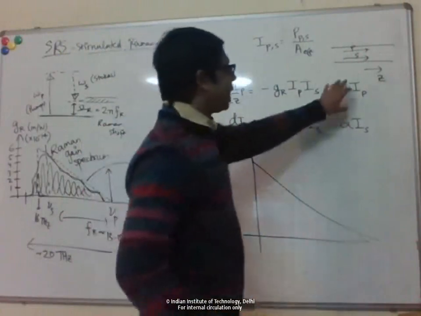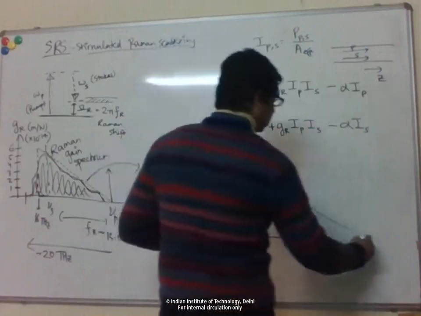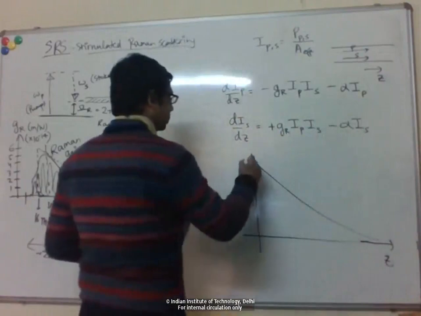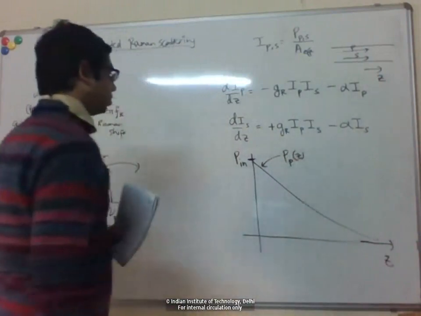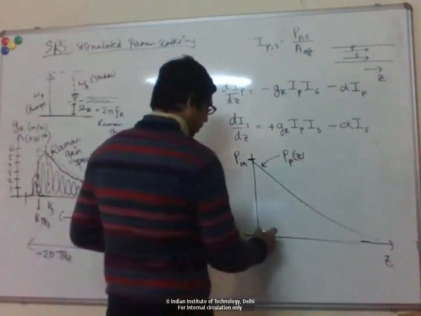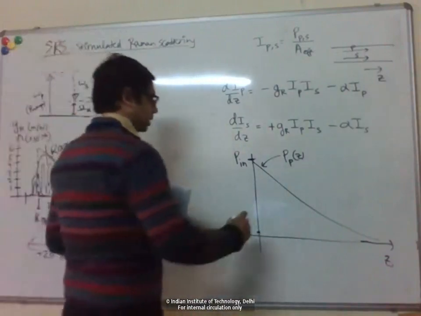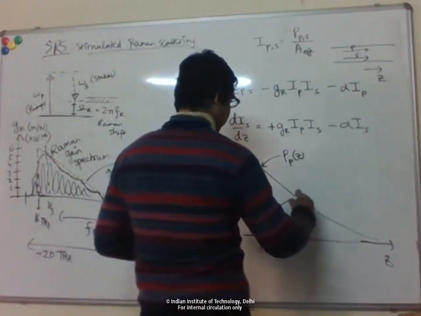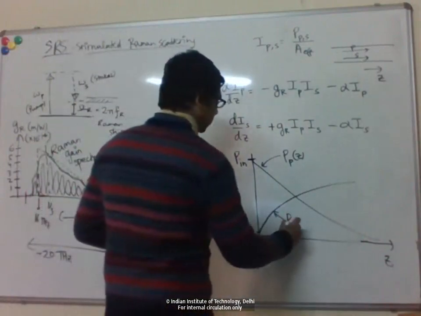Right? So even if you neglect the linear loss, due to this Raman coupling the pump will decay, and with the linear loss, it will decay even faster. Right? So it starts from some input pump power here. So this is the pump power as a function of distance, and then the Stokes power. Let's say it starts from some very small value. Then it will start growing due to the gain experienced by this Raman scattering,